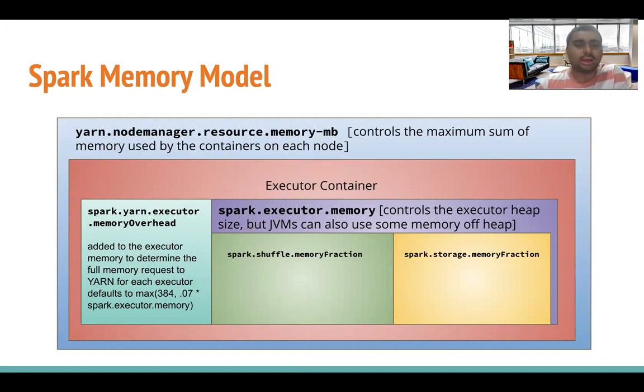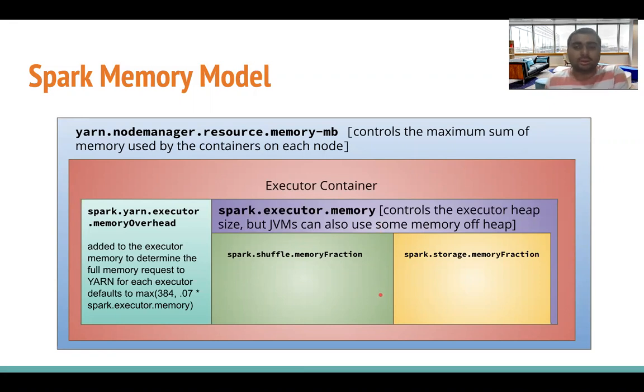Every worker node has that, and that node manager has a configuration. This is governed by yarn-site.xml, which refers to yarn.nodemanager.resource.memory-mb, which controls the maximum amount of the sum of the memory used by all the containers in that node.